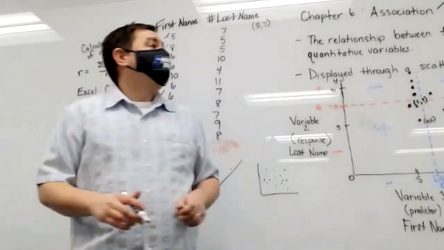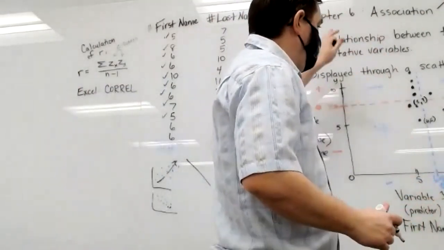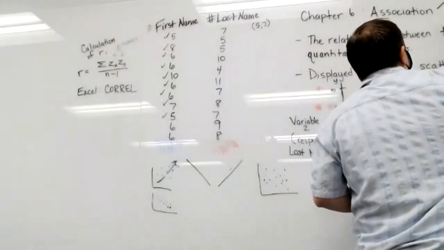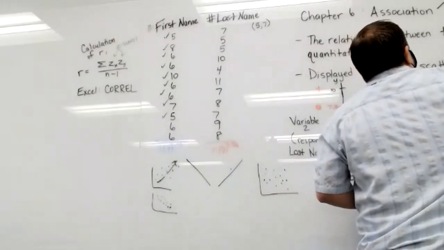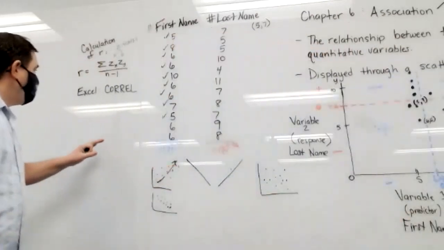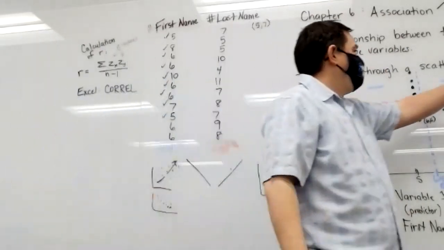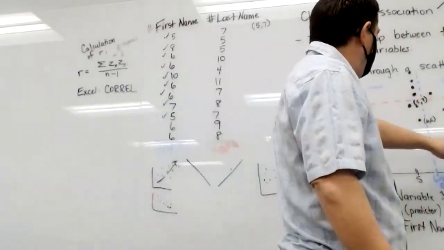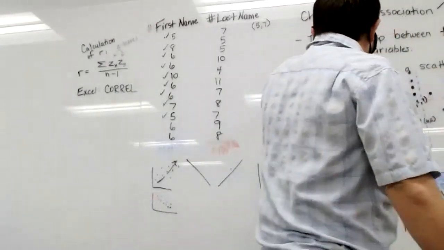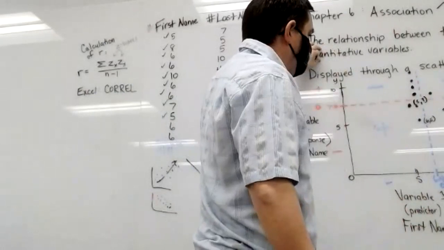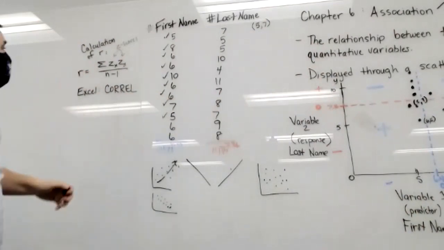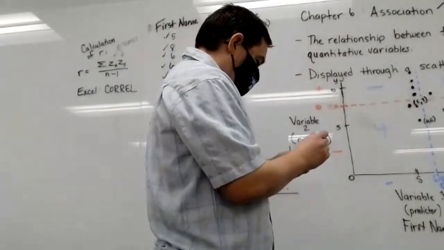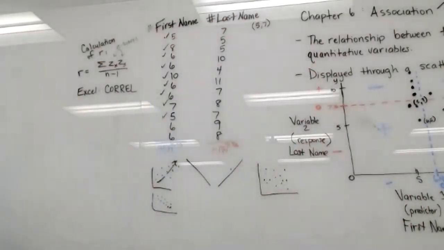All right. And the last thing we need in order to make an association between these two quantitative variables is to have no outliers. Because an outlier is greatly going to influence our correlation coefficient. An outlier might be way out here, giving us a very high product that is positive, or out here giving us a very high product that is negative. And high products that are positive or negative are going to have a severe effect on the value of this correlation coefficient. So we don't want any outliers there. Oftentimes, if we saw an outlier in a scatter plot, we would probably exclude it, make a note of it,